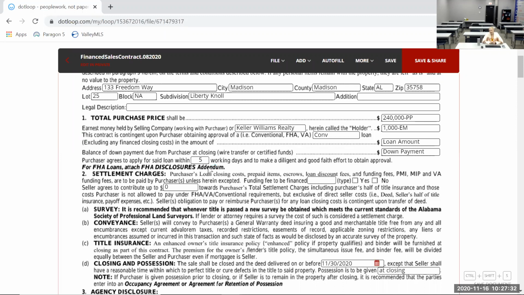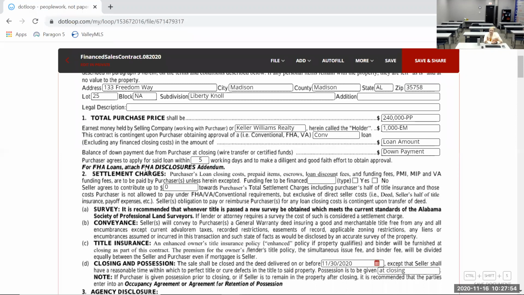So that's why it's really important to go ahead and get those pre-approval letters so you know that your buyer truly is qualified and can move forward in purchasing. Everybody understand? Okay. There's also, if you look right here for FHA loans, and this is for VA too, there's